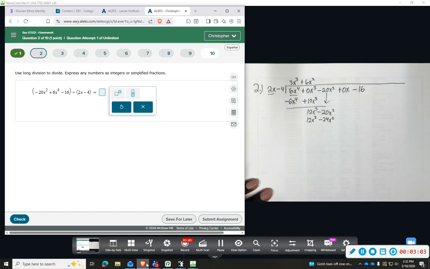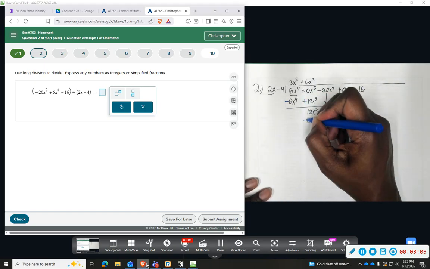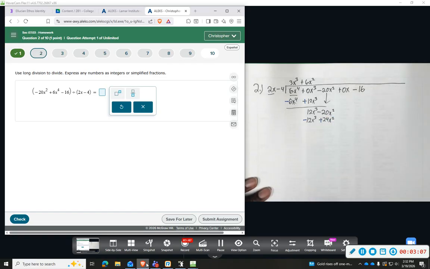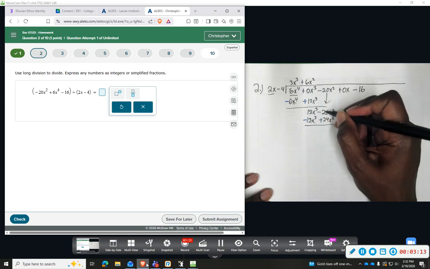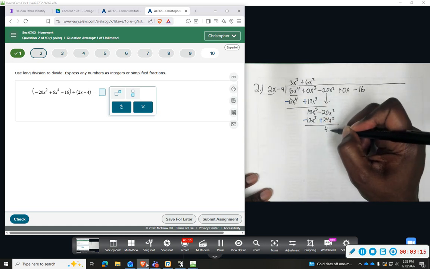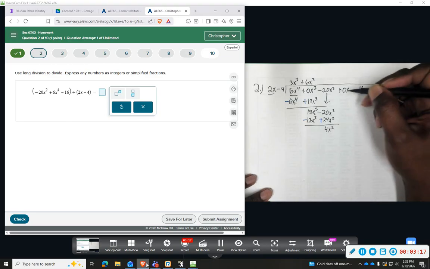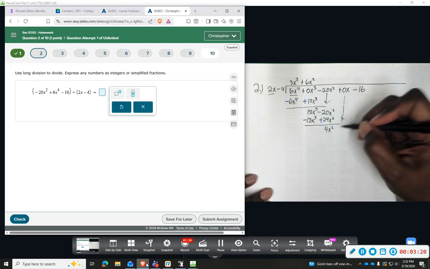Change the signs, so we're going to subtract. This will become positive. That always will 0 out. And then this will give us a positive 4x squared. Bring the next term down, which is just